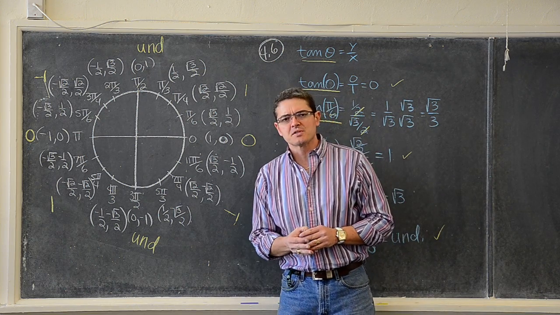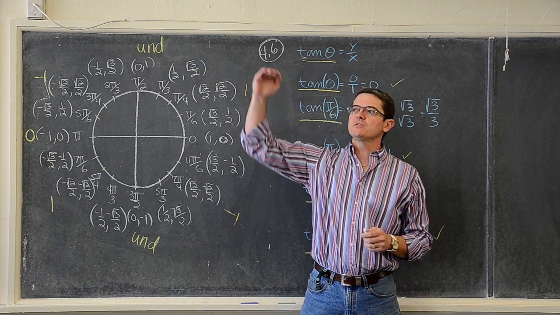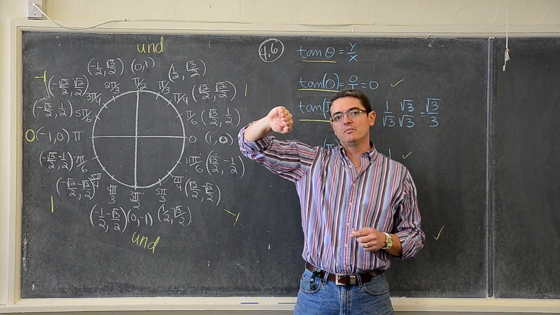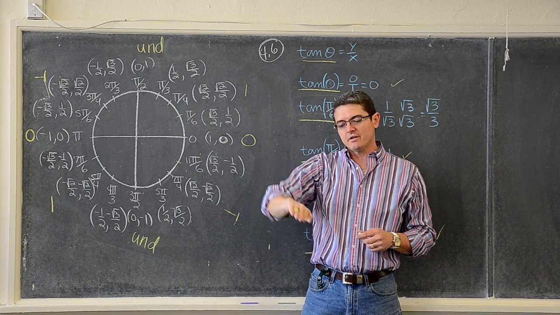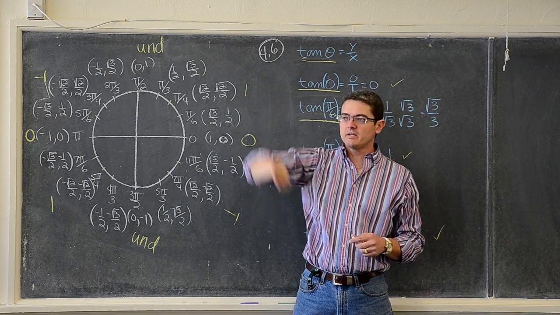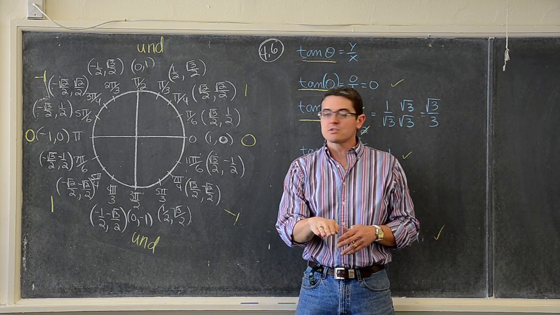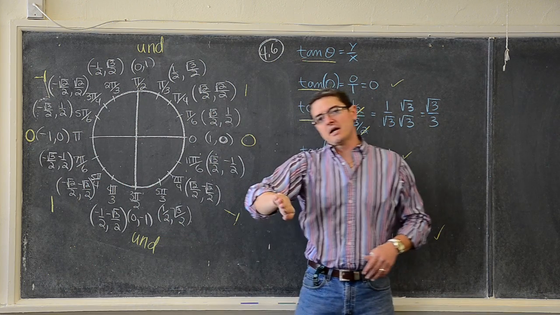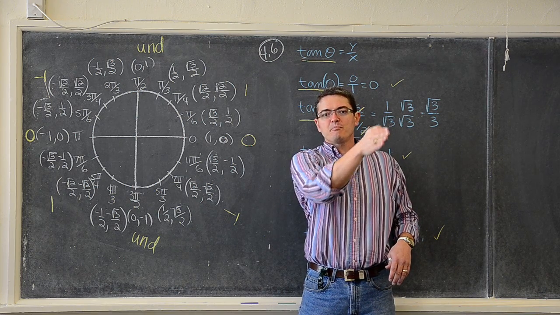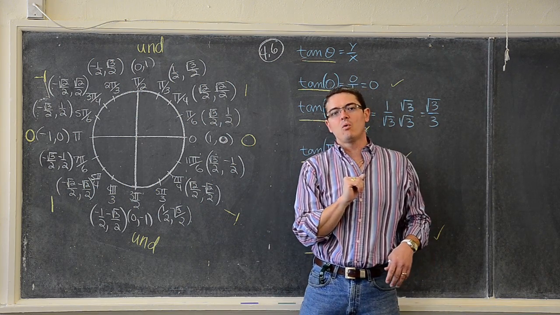So think of the cosine graph. The cosine of 0 is 1. The cosine of pi over 2 is 0. The cosine of pi is negative 1. So we've gone from values of 1 to negative 1, and then as we continue our circle around, the cosine of 3 pi over 2 is 0, and the cosine of 2 pi is back to 1.